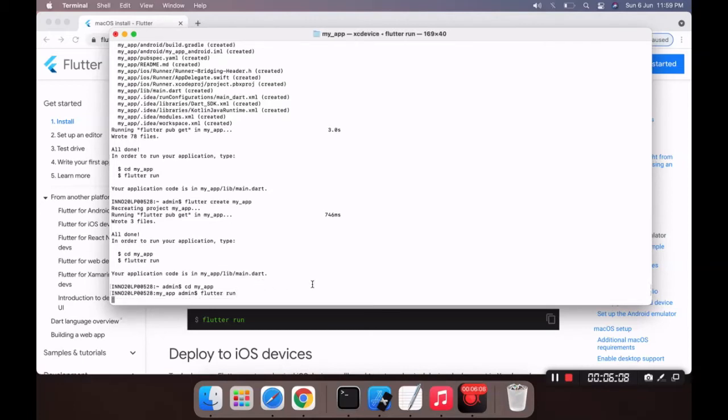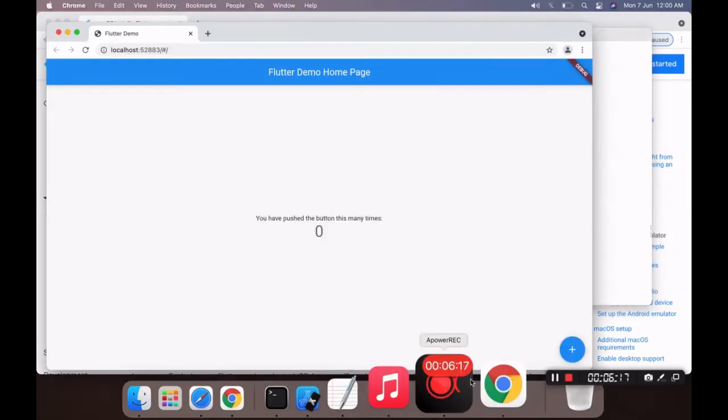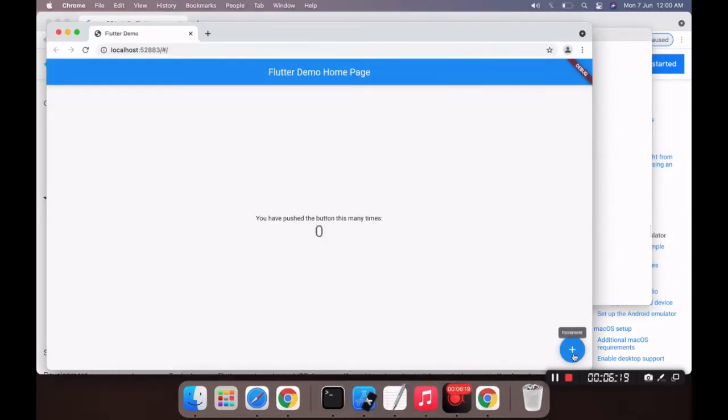It will take some more time the first time to install and set up the app with your simulator or emulator. Great, the app is fully complete. It has now opened by default in my browser, because I forgot to start our simulator or emulator.